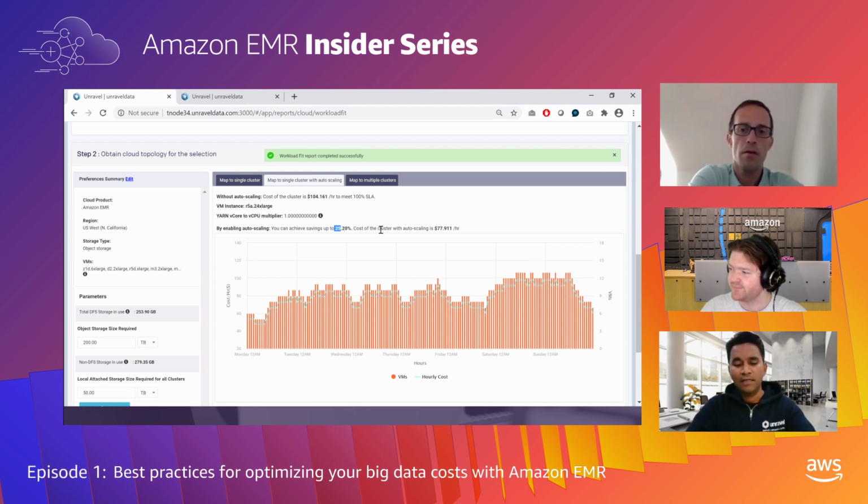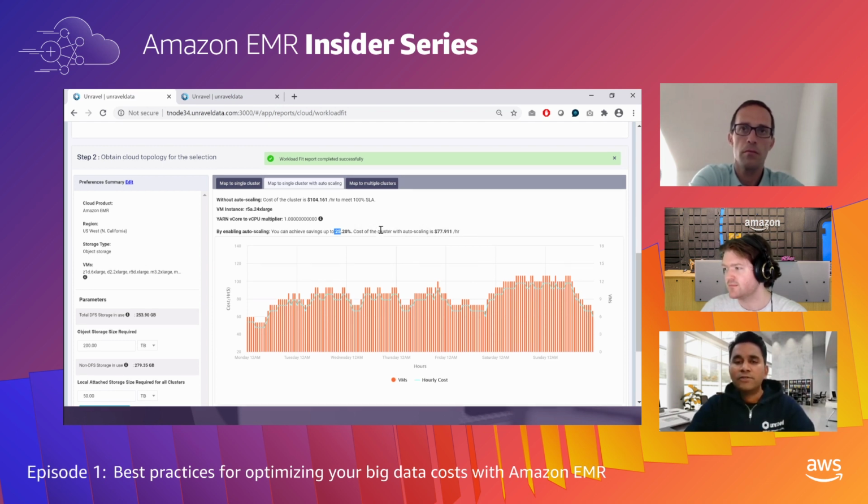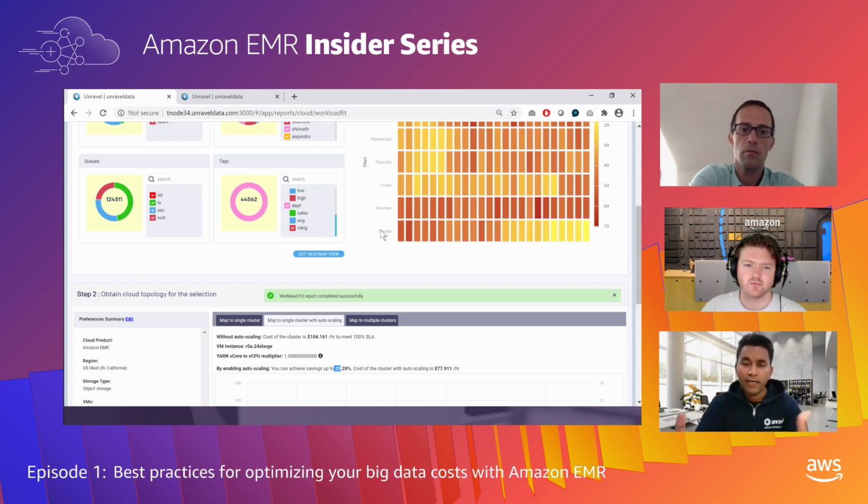And now your cost of running the marketing workload with auto scaling enabled becomes about $77. So you see how you can have a very data-driven discussion with all the people inside your team around why you should be moving, and if you do decide to move, what's the best candidate for moving there, and how can you further save costs.